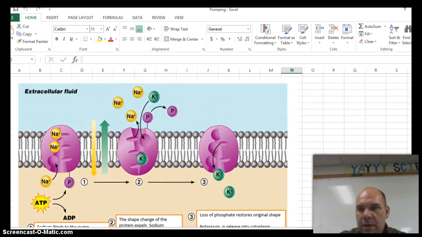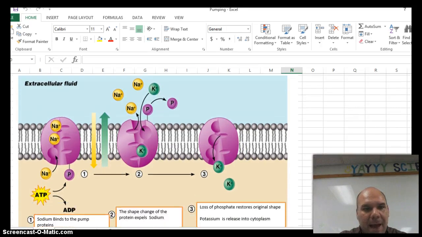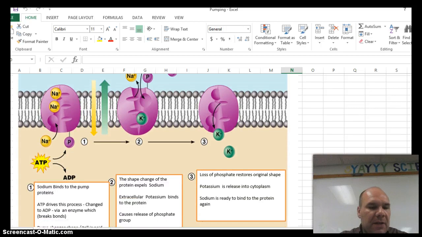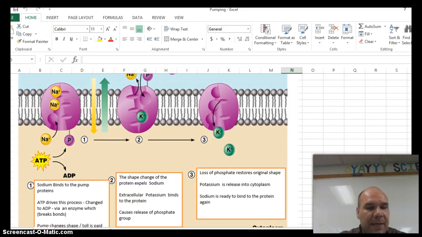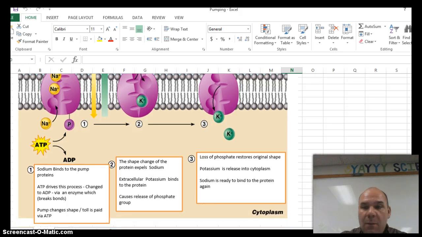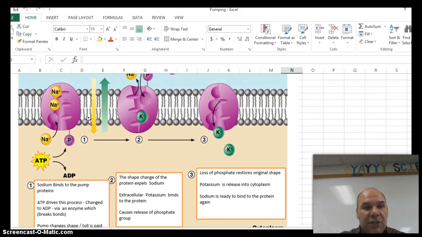So the actual sodium binds to that protein, and as we made mention of in our notes, ATP drives this process. By driving it, the energy associated with ATP being changed to ADP, the loss of that phosphate group via an enzyme, actually breaks the bond and creates the energy which allows this pump to change shape. And by changing shape,